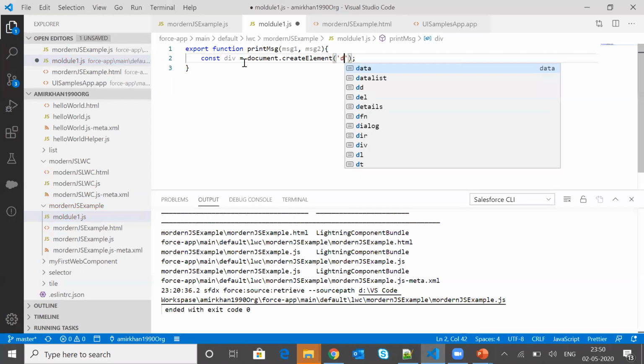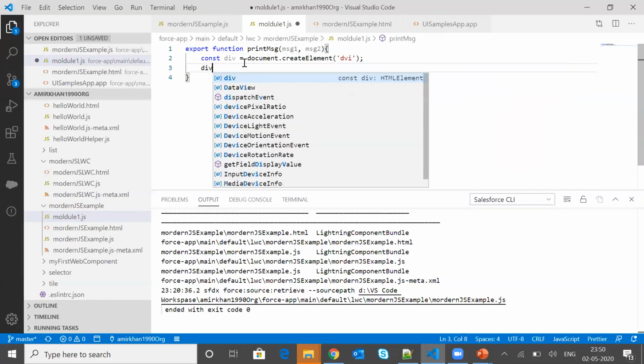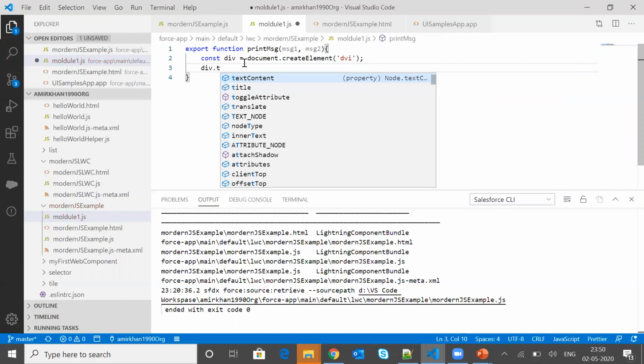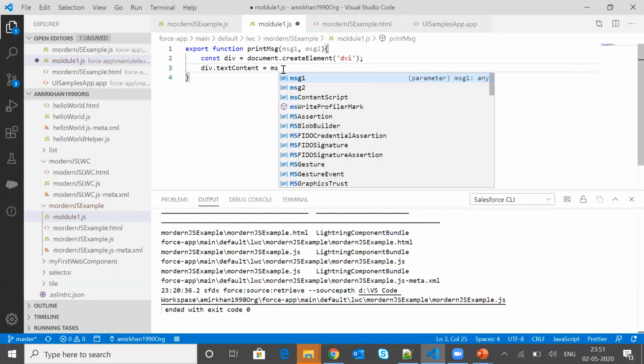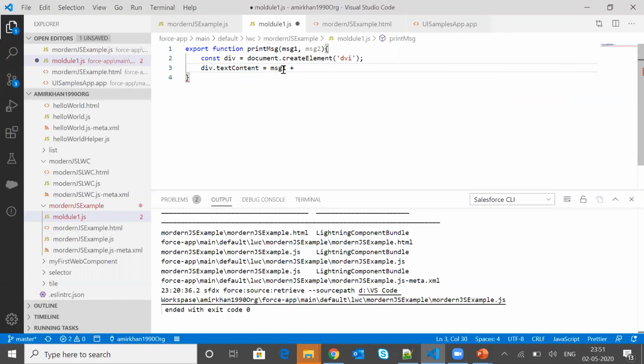On that div I will be adding the text content, appending both string messages which I will pass from the JS example.js here, so msg1 plus msg2.